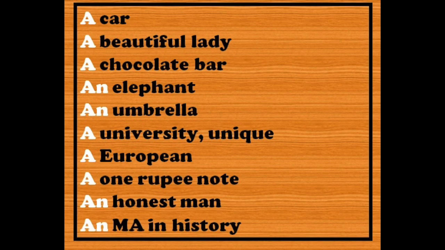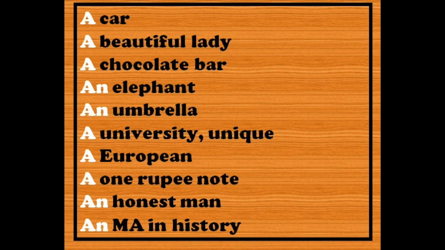We use "a" before university. Here the word starts with U. U is a vowel. Even though the word university starts with U, we use "a" here because we don't say "uniVersity" but "yuniversity". Ya is a consonant sound. So we use "a" here. Number 7 is similar. European starts with the alphabet E, but the sound is "ya", European. So ya is a consonant sound. So we use here "a European".